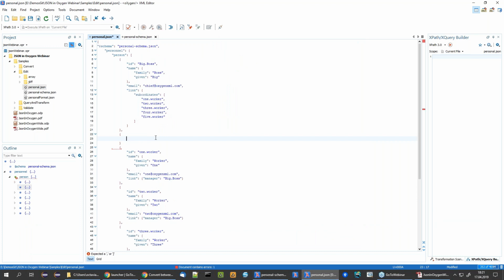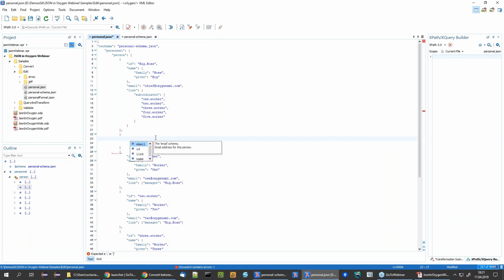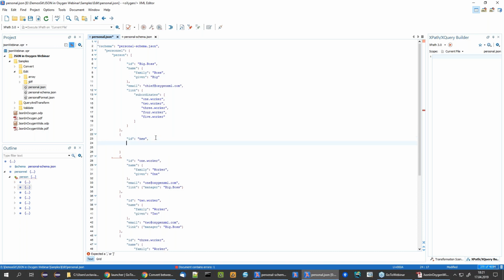Okay, and then if I press Ctrl-Space again to invoke the content completion, I'll get the properties that can be inserted in the current context, which are the ID and then the value of the ID, and I can say new, then I'll get the next one, which is the name,